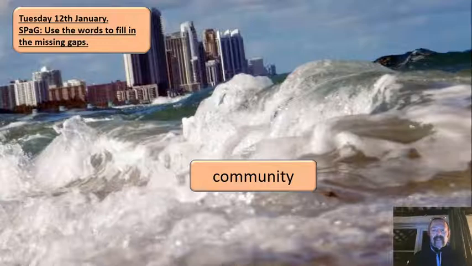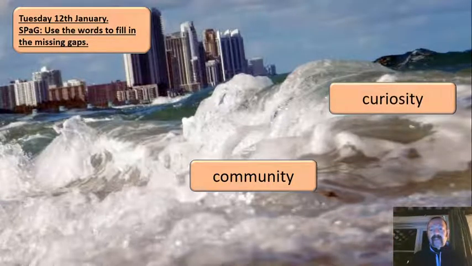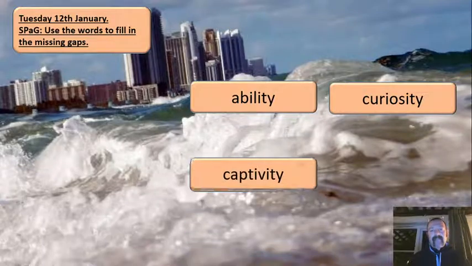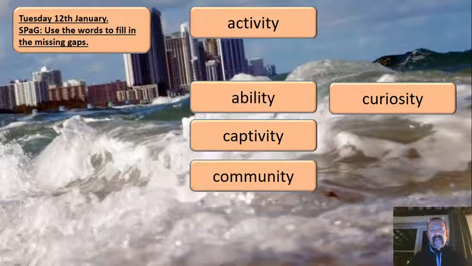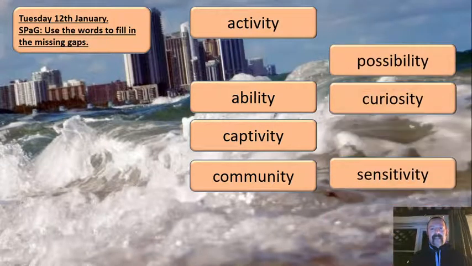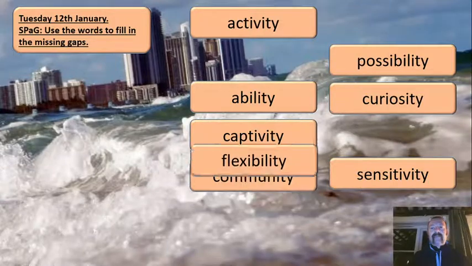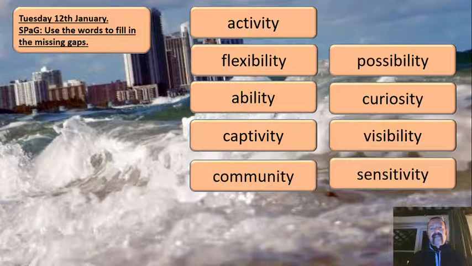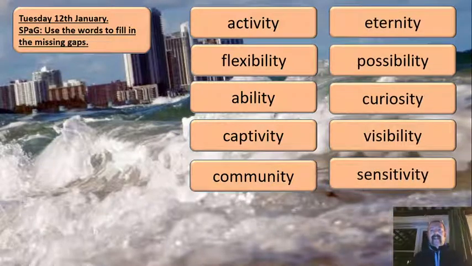So you've got community, curiosity, ability, captivity, activity, sensitivity, and you've got possibility, flexibility, visibility, and eternity.